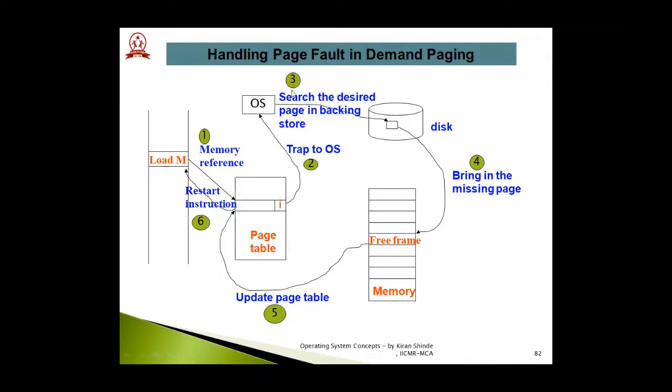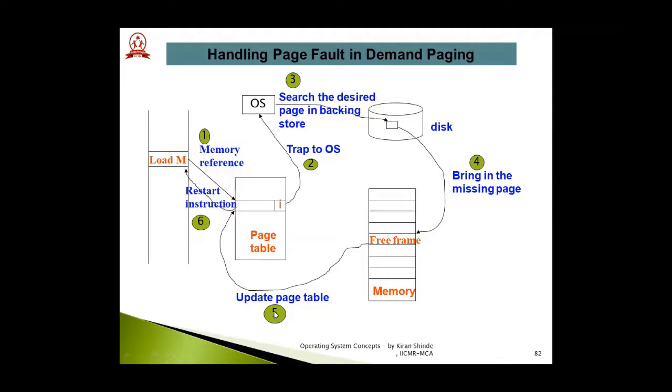Let's proceed further. In step number 3, the operating system has to find that particular page first, which is required by that instruction for continuing with the execution. So that page will be searched by the operating system, obviously in the secondary storage, that is your hard disk. In step number 4, once that page is found in the disk, right? Then what is the next thing the operating system has to do? The operating system has to find a free frame in order to map that page with the frame, right?